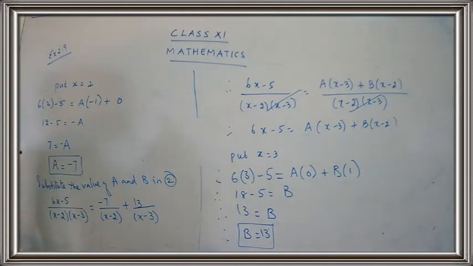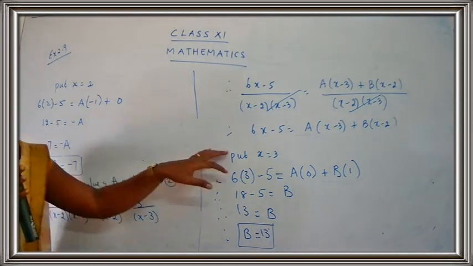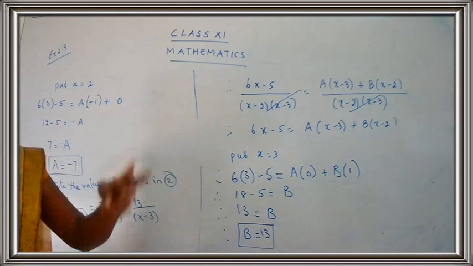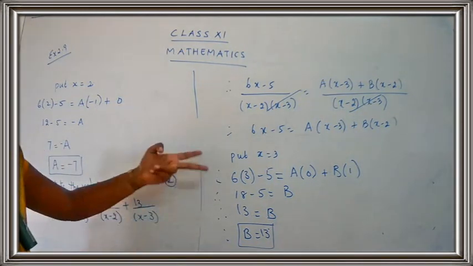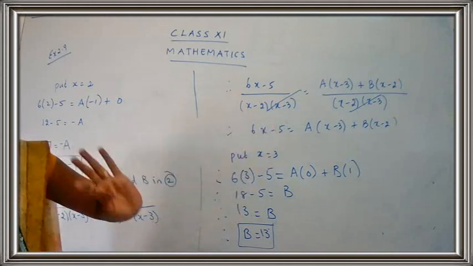We have marked two equations as 1 and 2. So the second one was for the second part, that 1 plus 6x plus 5. So we have found the value for the second part: minus 7 upon x minus 2 plus 13 upon x minus 3. This sum was an easy sum because we have only two values. In certain cases we would have 4 unknowns, so we have to go on choosing the values for x. But here only two values, and that too we got from the factor.